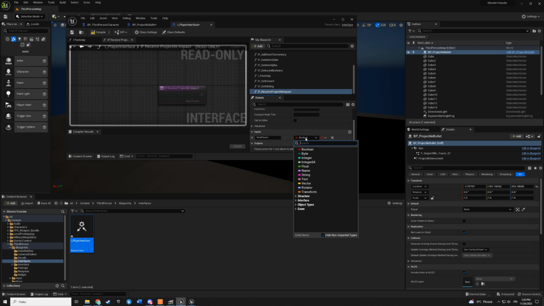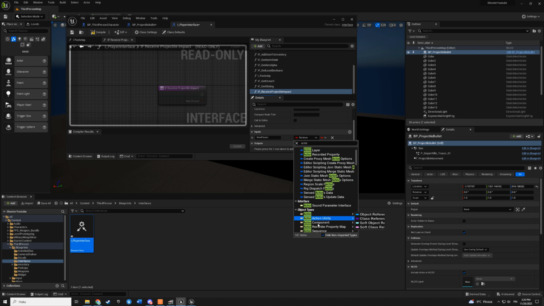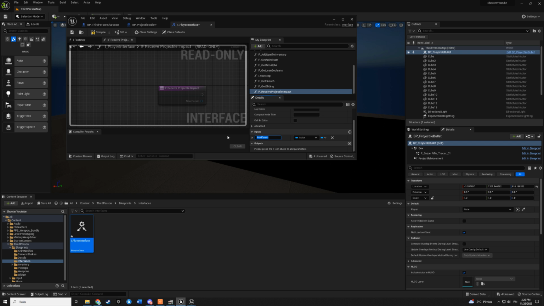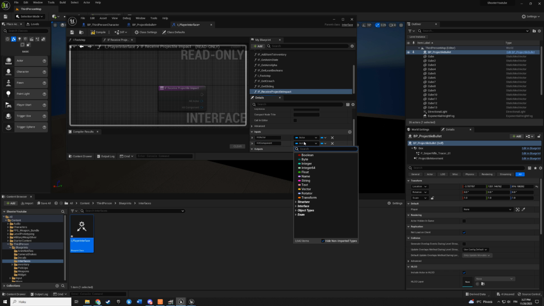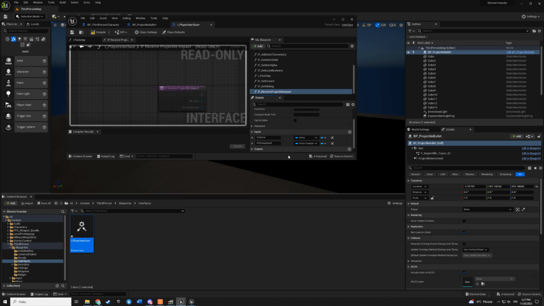First will be type of actor, and it will be our hit actor where we hit. Then we need hit component. Probably we don't need it in this tutorial, but you can use it, for example, if you do more damage to head component. So we can also make it here.